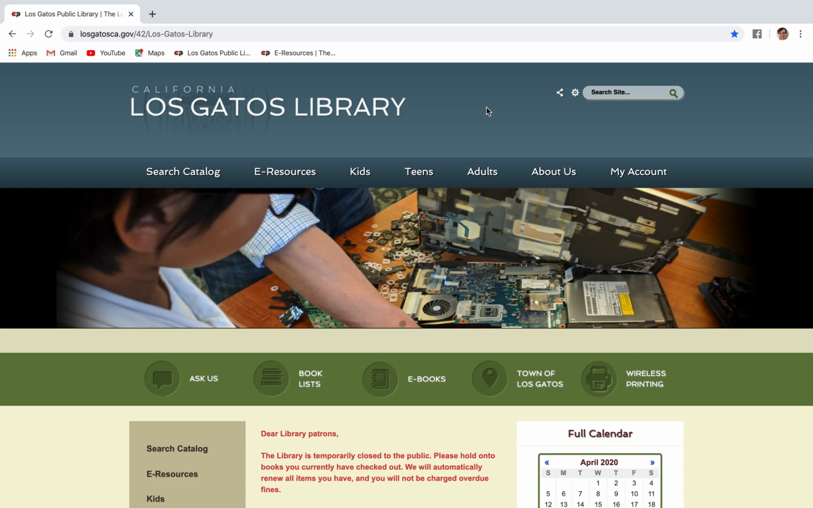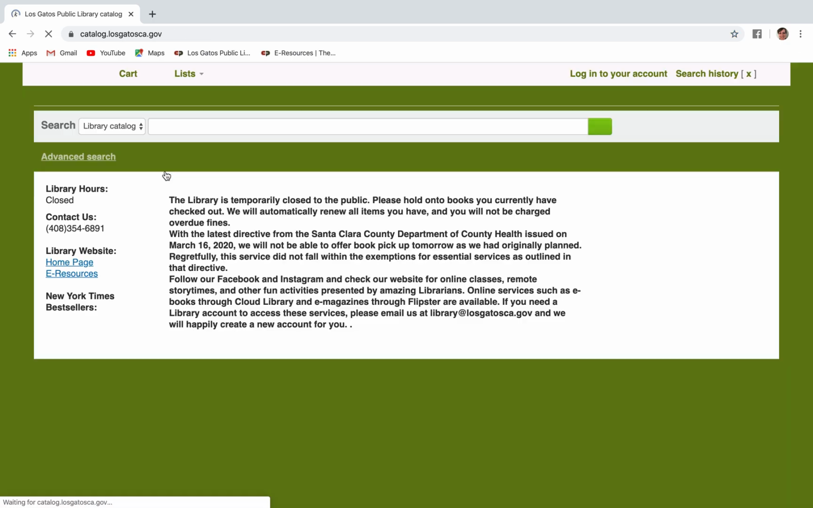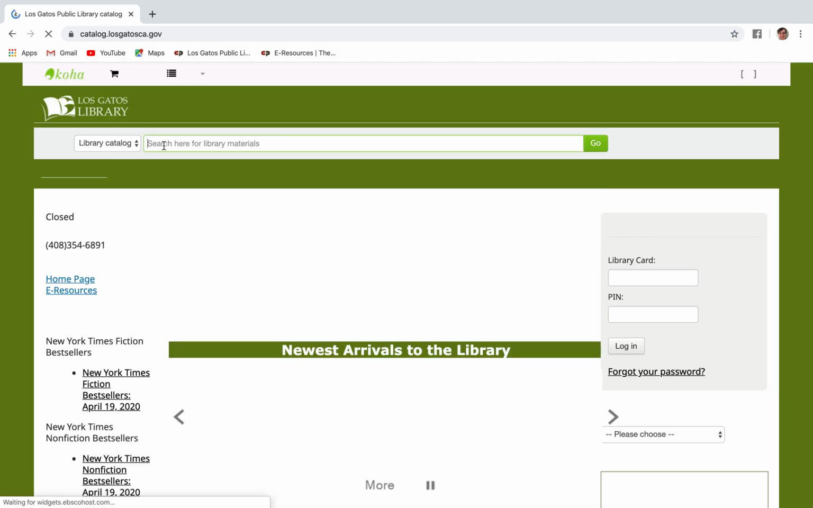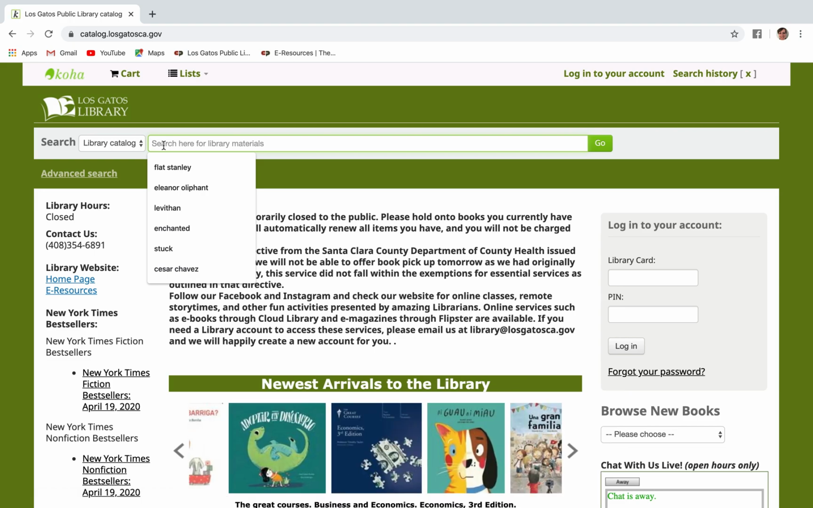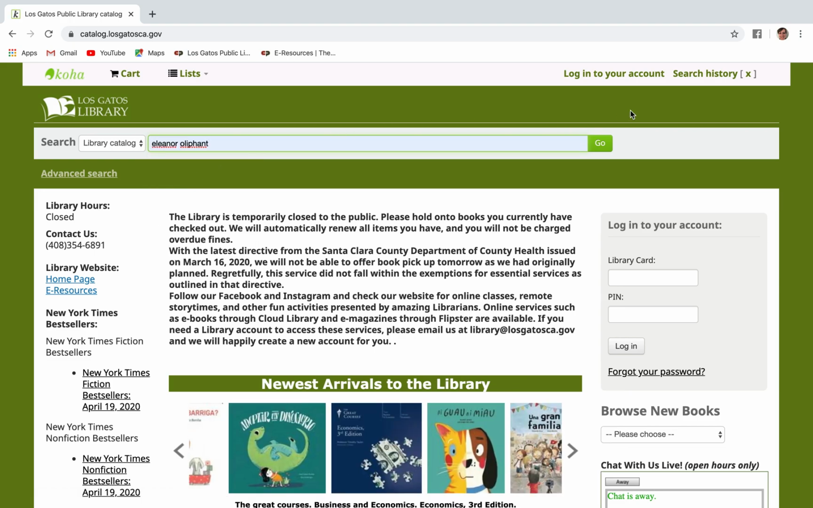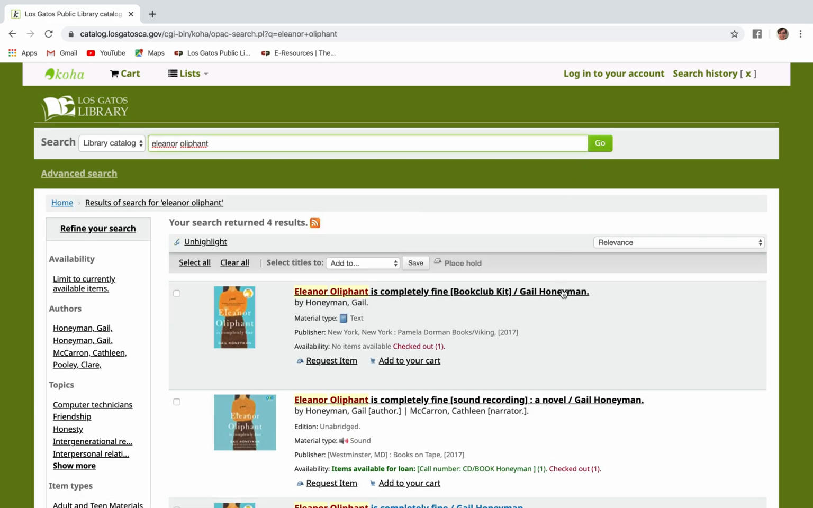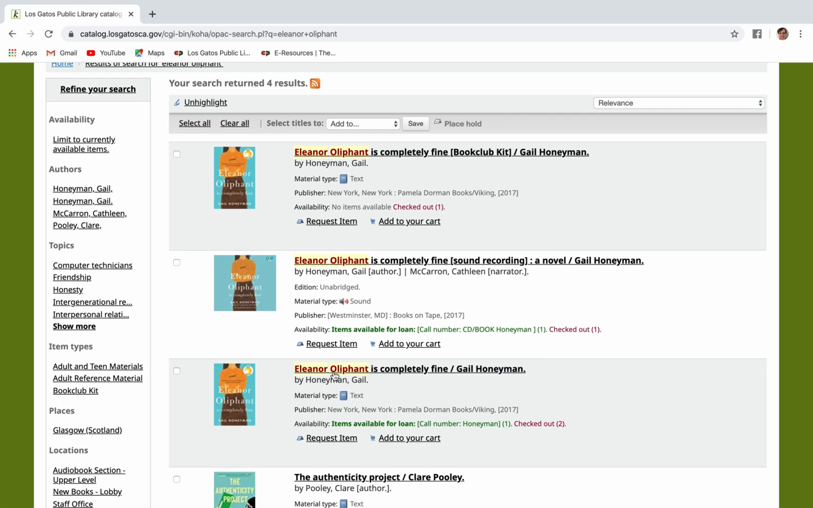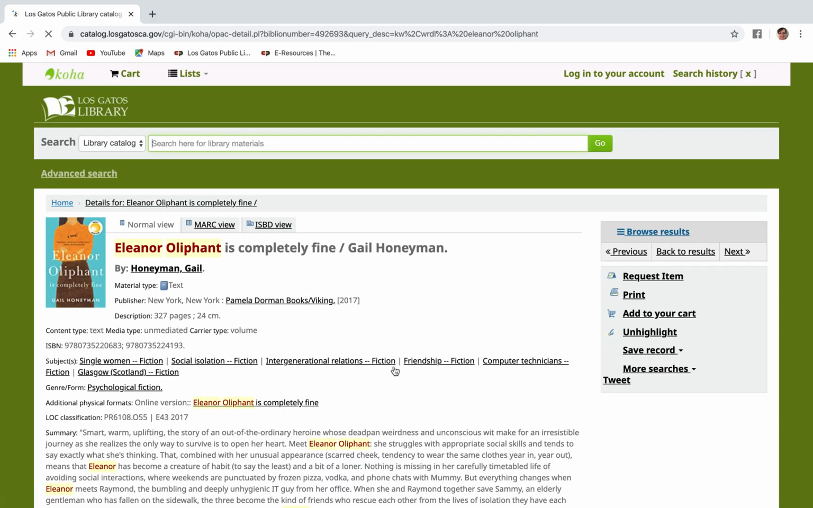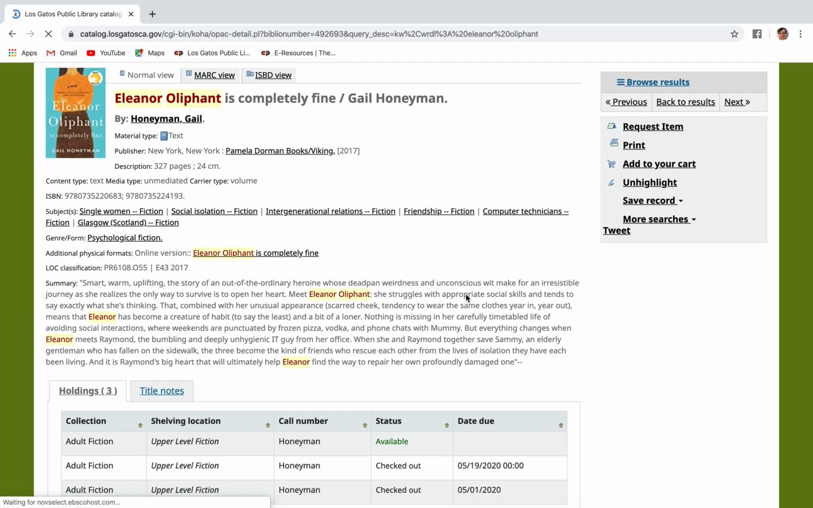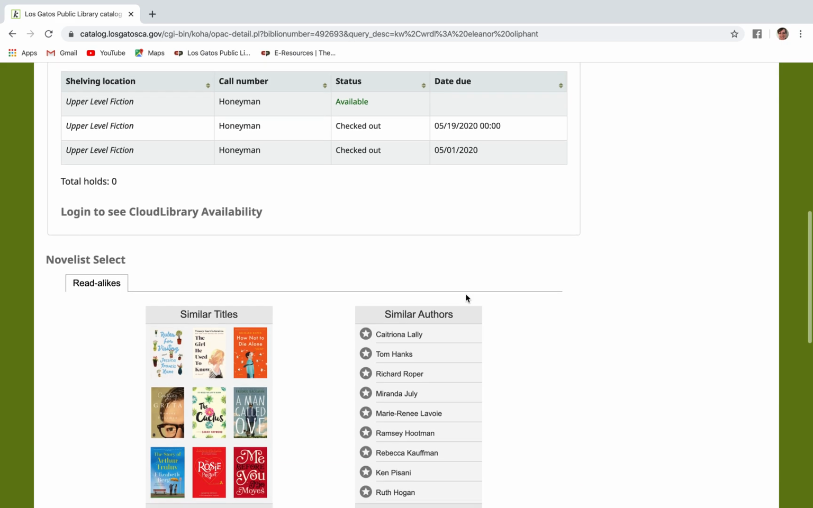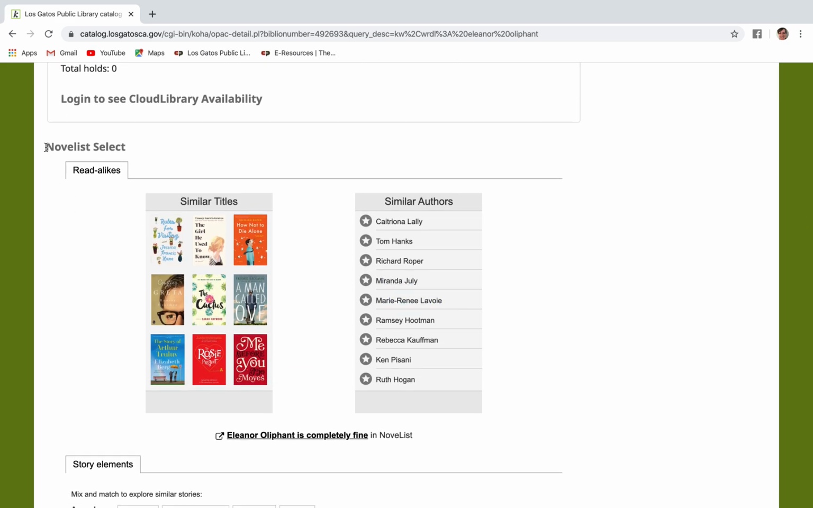So to find how to do that, come to the Los Gatos Library homepage. We're going to click on Search Catalog. And what we need to do is just put in a book that you've enjoyed in the past. Now, I've enjoyed Eleanor Oliphant is Completely Fine, so I'm going to use that as my example book. And then click into the actual book record, and then scroll down towards the bottom until you find this NoveList